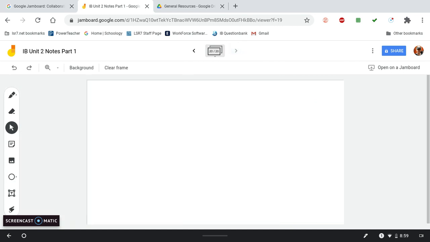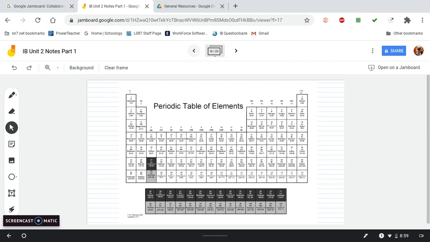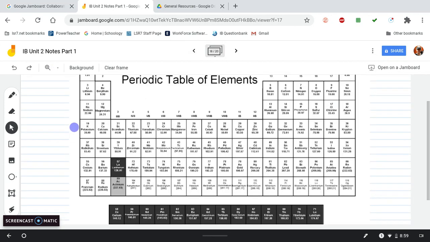So here's my periodic table. And we're going to take a look at sulfur. So this is going to be kind of challenging, I think, but I'm going to do some stuff here and then we'll kind of go back. So first of all, I got to figure out where sulfur's at. And so here's sulfur right here, number 16. So that's what we're going to be doing. We're going to be going to number 16, which means 16